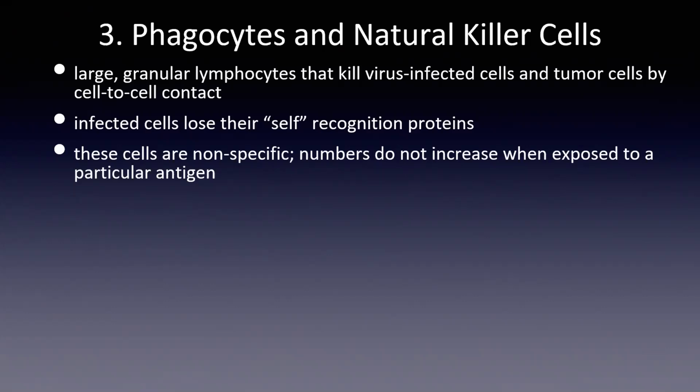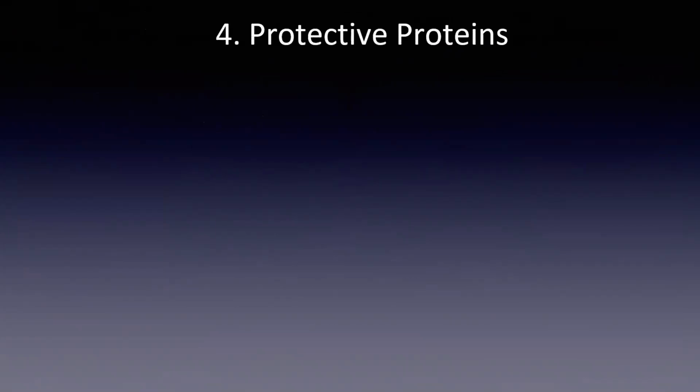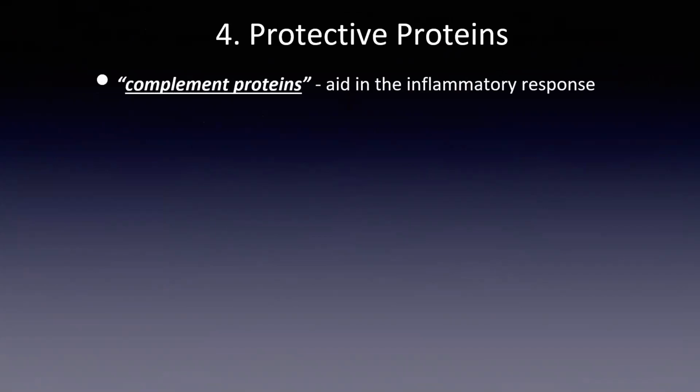Okay, so that takes us to protective proteins, number 4. Protective proteins are kind of like plasma proteins. They include those, if you remember, plasma proteins from the cardiovascular system that are in the blood. But they're basically termed complement proteins, and not complement as in, ooh, I love your hair, it's so fetch. Ooh, that's like a 12-year-old reference to Mean Girls. But complement proteins, complement with an E, are helpers. They aid in your inflammatory response.